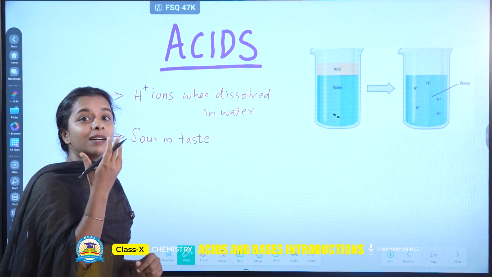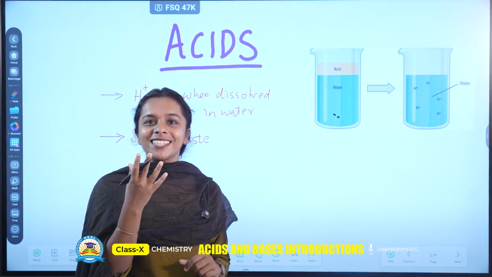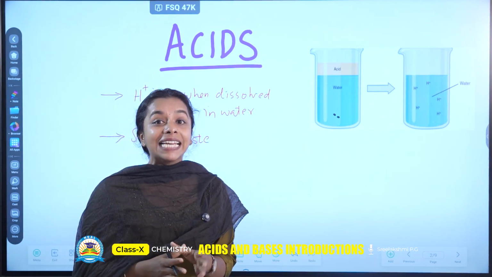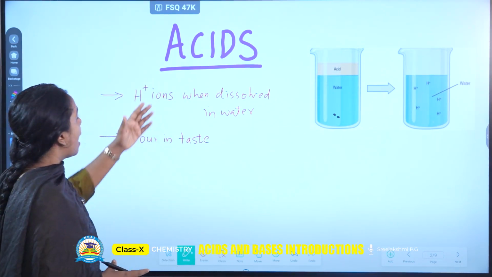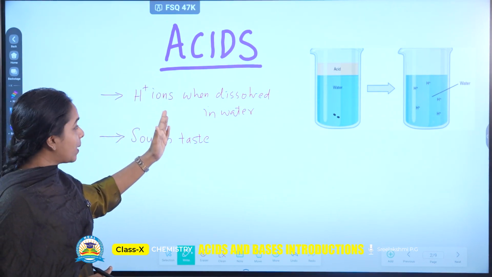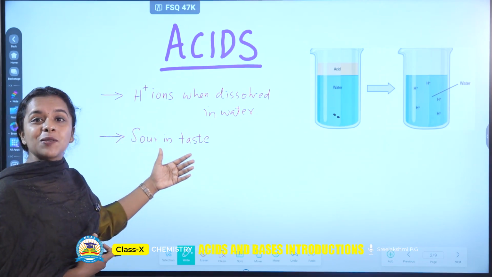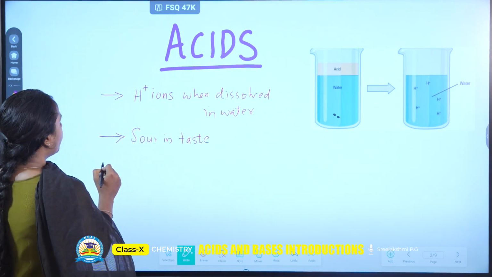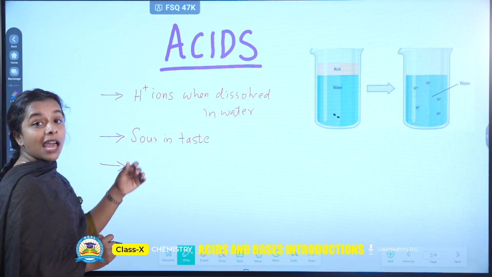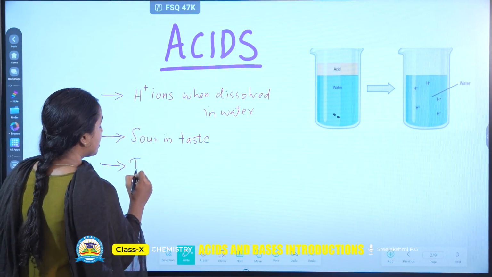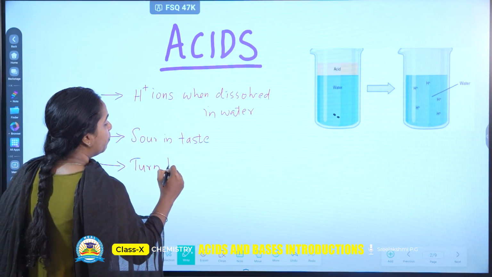Even if you taste the curd also, it has a sour taste. The reason is it consists of lactic acid. So acids will produce H plus ions when dissolved in water, and it is sour in taste. Now we will move on to the next one, that is acids will turn blue